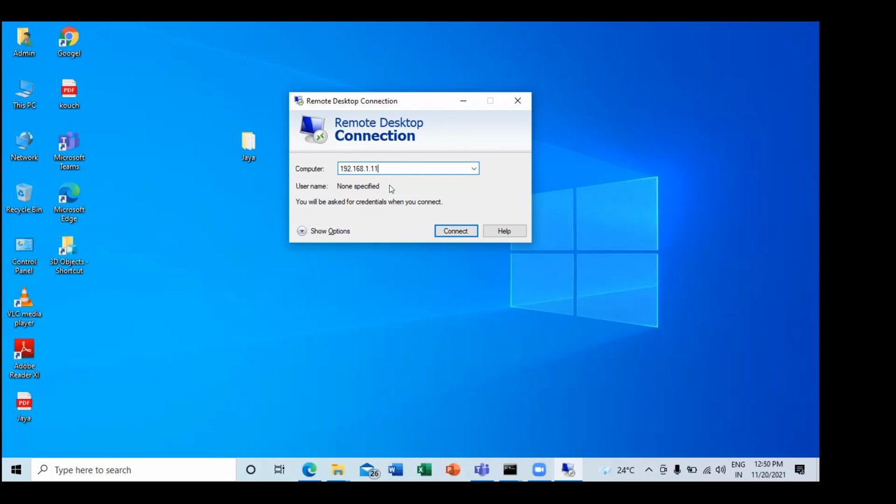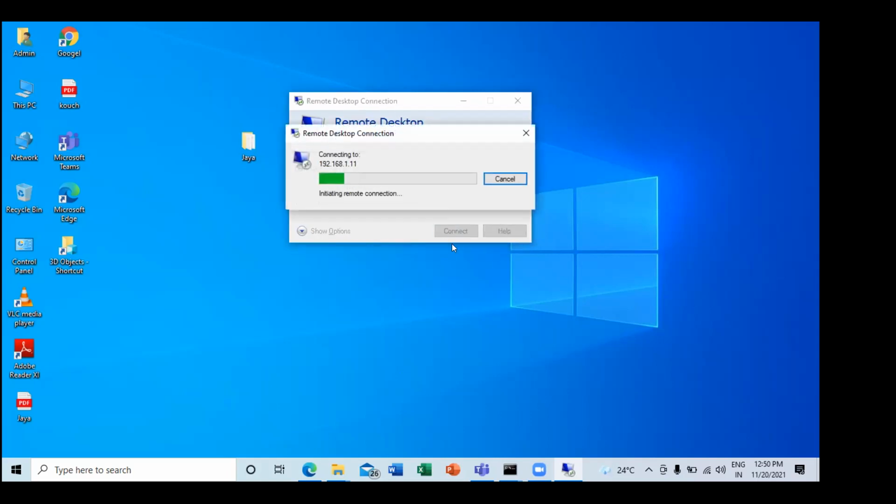Jaya has some other machine at her home, right? And this is the IP address of the other machine, right? So now I am connecting. So it's up and running, right, madam? Yes, sir. So I'm clicking on connect now. We need credentials of that machine. Do you have credentials for that machine?